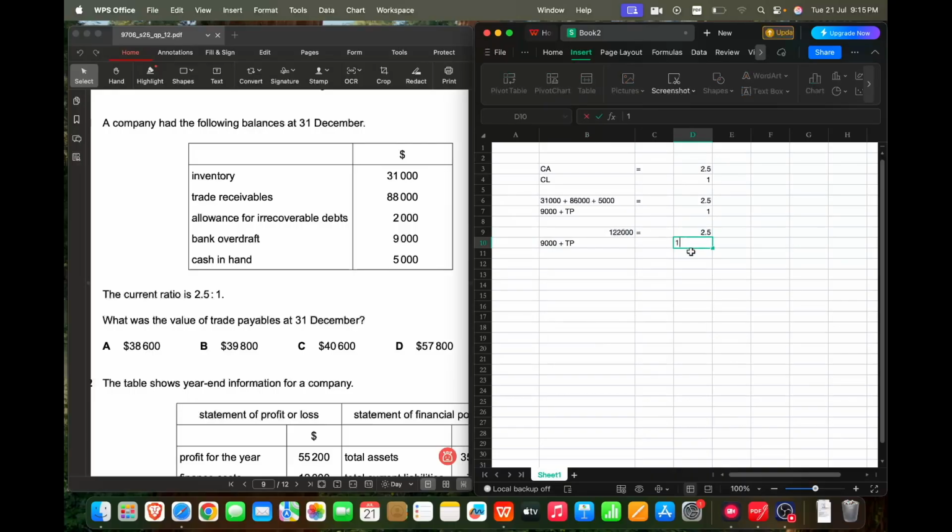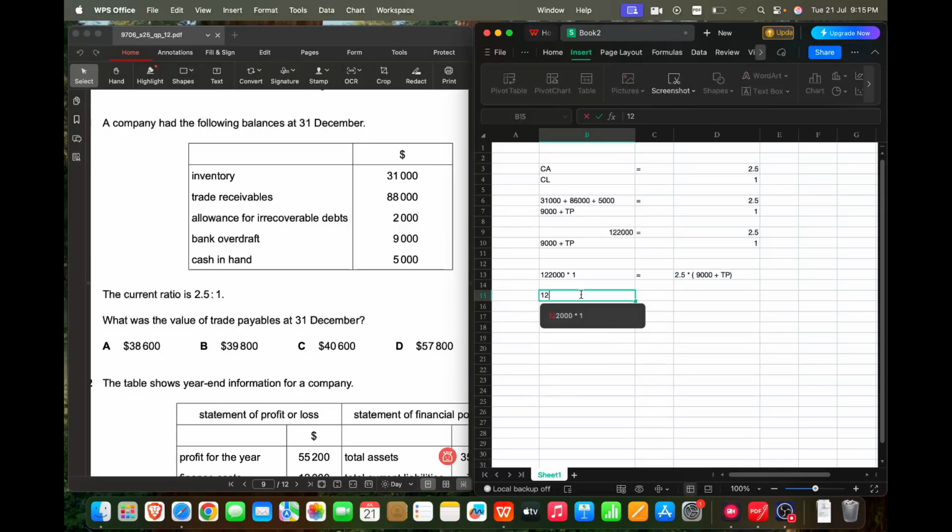2.5 divided by 1. Now I want you to do the cross multiplication here. If I do cross multiplication, our answer would be 122,000 into 1, equals 2.5 into 9,000 plus trade payable. Now if I further elaborate this, 122,000 equals